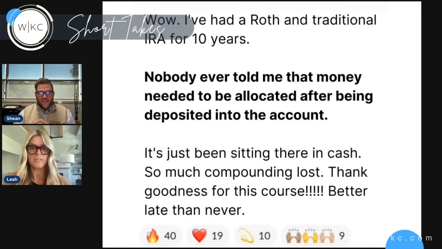This is that idea of it's your money and you have to be prudent in managing your money, right? Even if you hire a financial advisor like myself, right? You still have to take the time to make sure that what's happening with your money is what you want to happen. It's never a set it and forget it situation. You don't have to look at it every day or every week or every month, but at least peek in every quarter to every 6 months. And this individual probably would have caught that a long time ago. So don't set it and forget it. Keep your eyes on it.